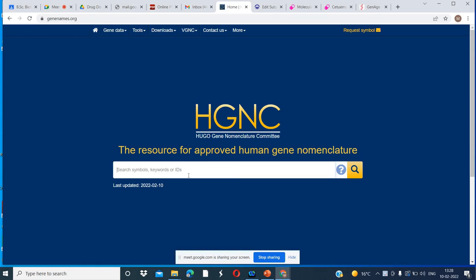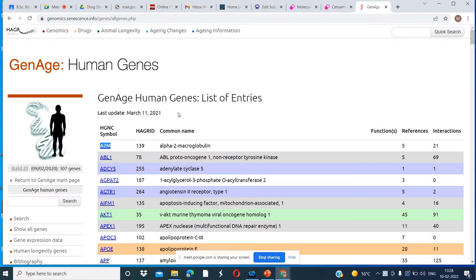Today we are going to use the HUGO database. In that we can search about the human gene. Okay. So to search in the database we should have one gene. So I have opened this website. Okay. So we have taken the name of genes like